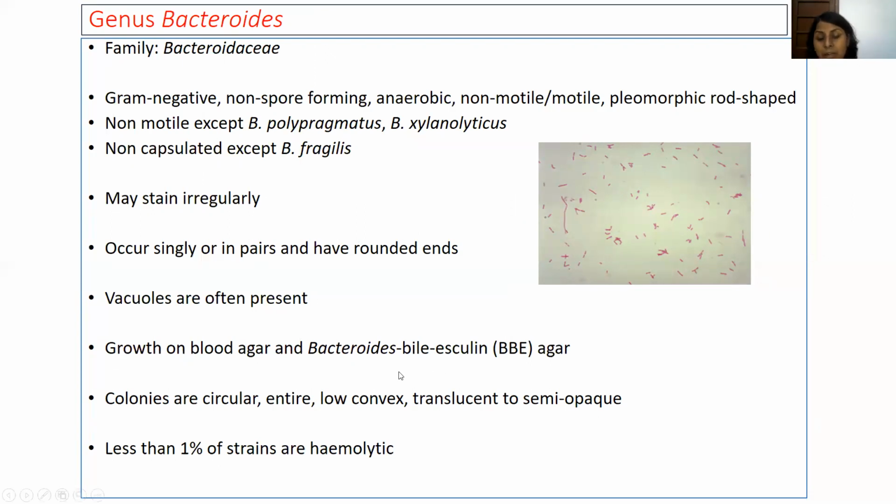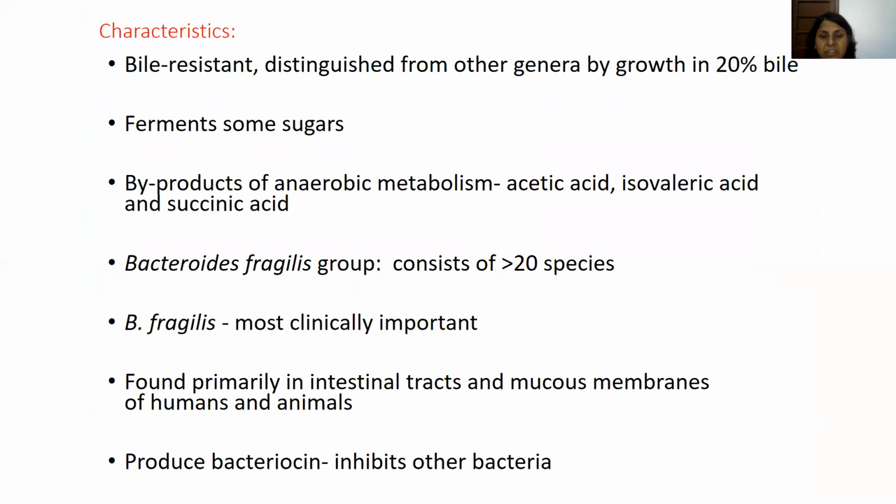They grow on blood agar and Bacteroides bile esculin agar. Colonies are circular, entire, low convex, translucent, and semi-opaque, and less than 1% of the strains are hemolytic, meaning very few strains are hemolytic. And these are bile resistant. This characteristic distinguishes these genera from the other genera, and these can grow in 20% bile. So this is an important characteristic, and these also ferment some of the sugars and the